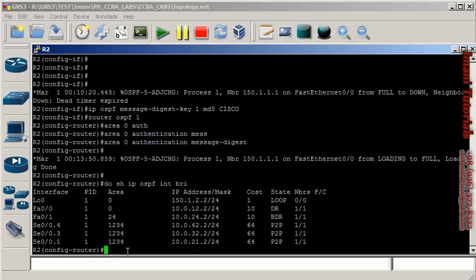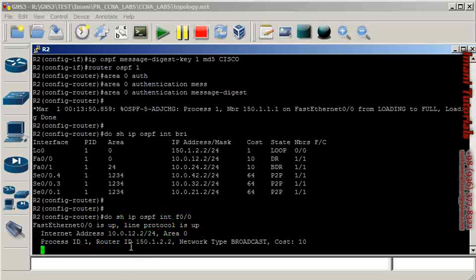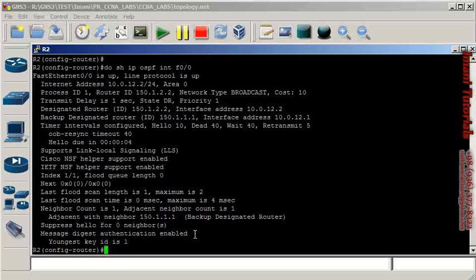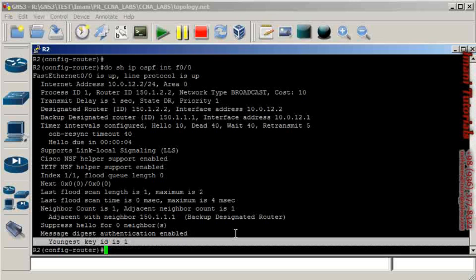Now I'm going to remove the OSPF process of my routers and enable RIP on them and see the RIP authentication. But before that, I'm going to have another verification command here to show IP OSPF interface fast00. Now that I have used authentication under OSPF process, again you can see that this tells me message digest authentication is enabled and the key number is 1, and there is no difference between using authentication under interface or under